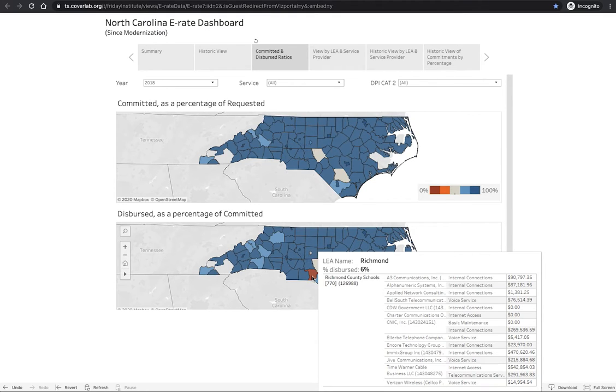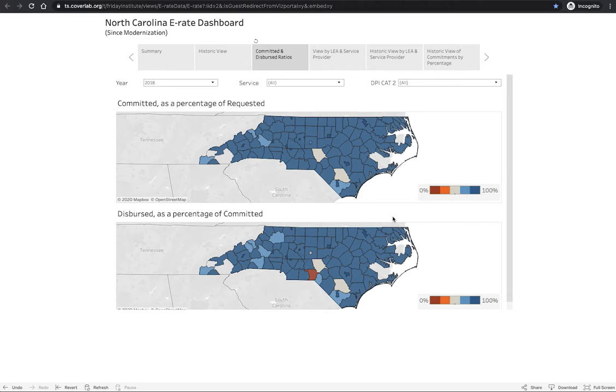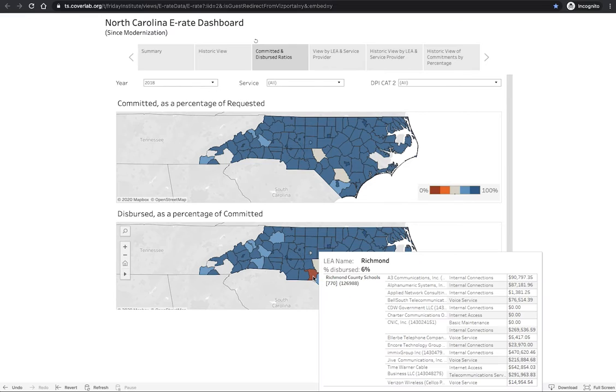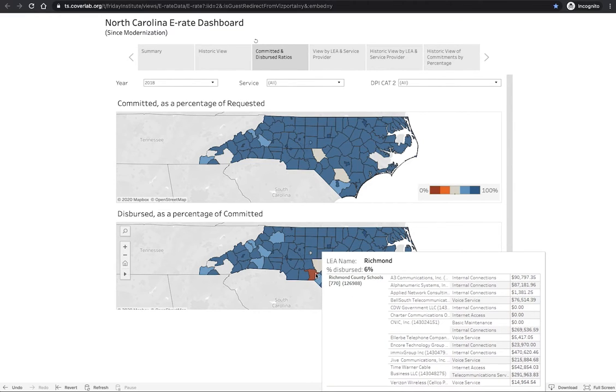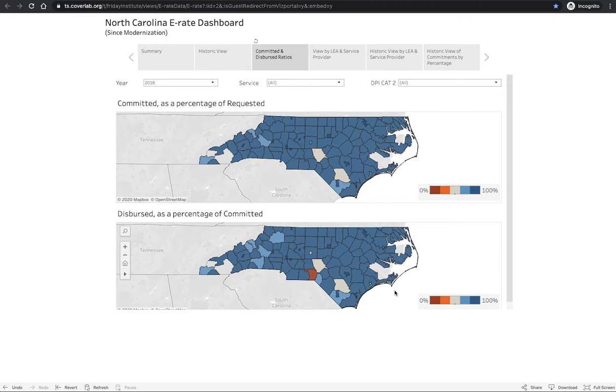This would be something we would want to question: what happened here, that only 6% were dispersed? It's possible they got funding for a project and then later found out they couldn't do it for whatever reason, so they're showing up with a large amount of money that has technically not been claimed. You have to actually do the project to get the funding, so the most likely reason is that they had a change. They could have been impacted by weather or who knows what, and weren't able to complete the project in time. So that's an interesting way to look at the data.